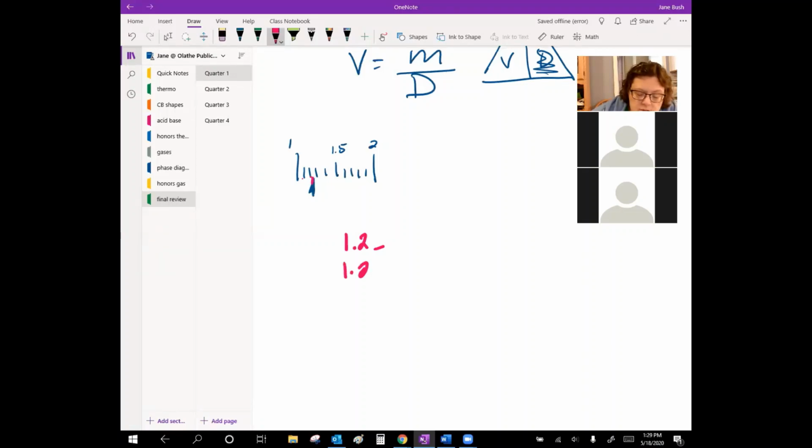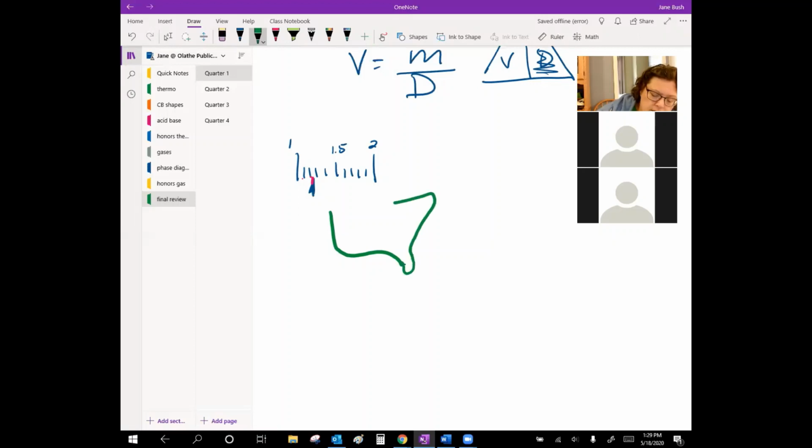Now, if you estimate 255, you can't estimate that well because you have to have the graduation above it. So that's what we're talking about with significant figures for measurement purposes. Now, if we're talking about numbers,